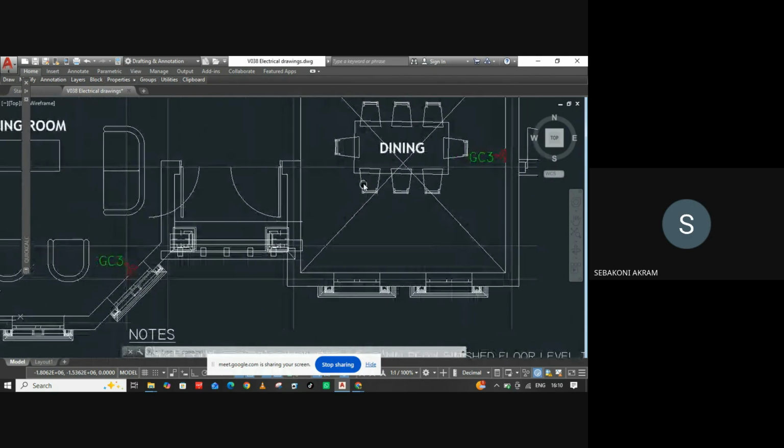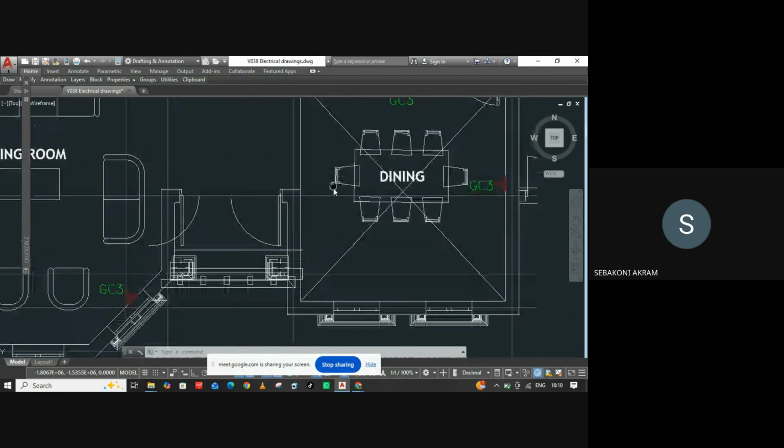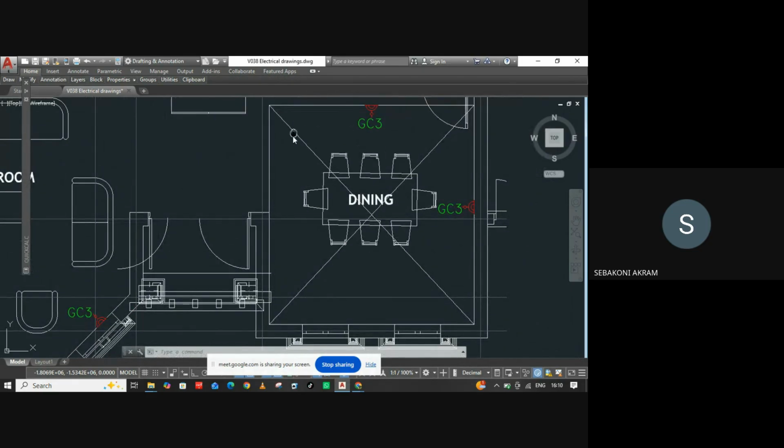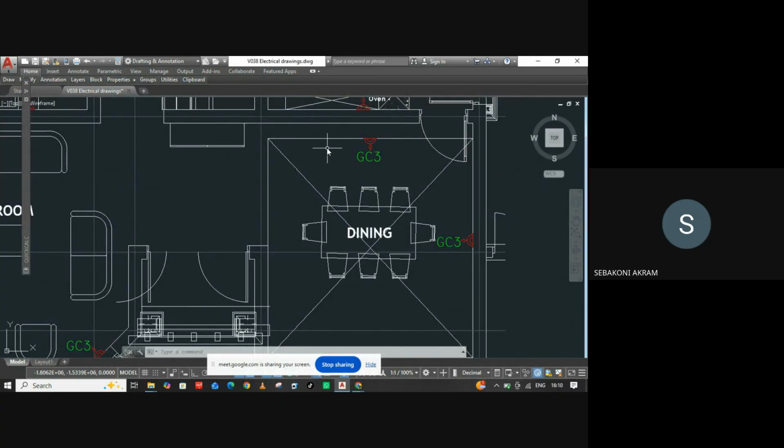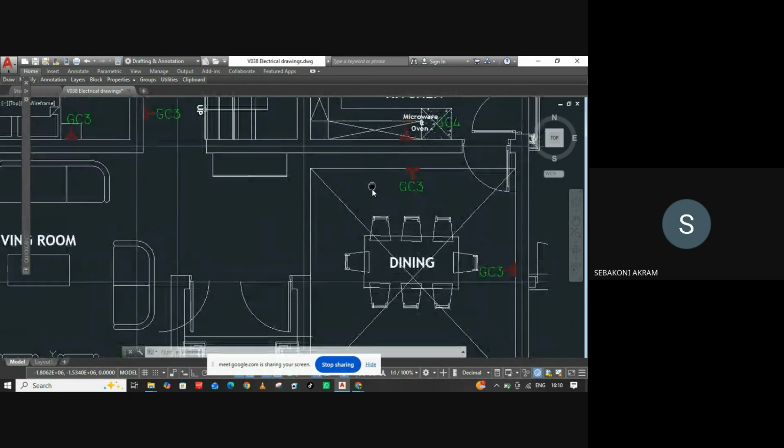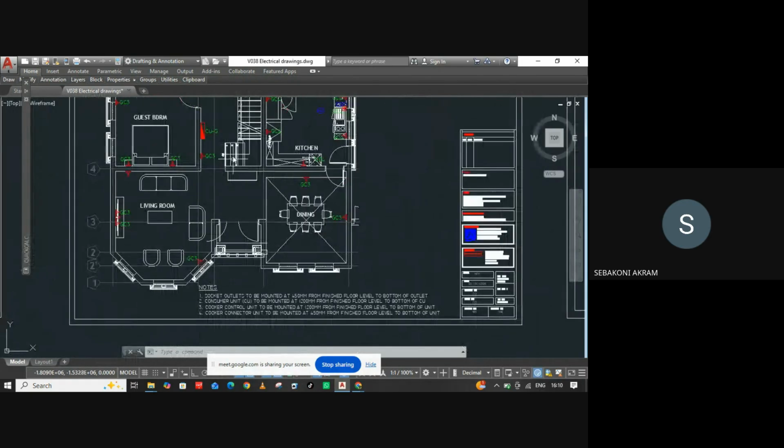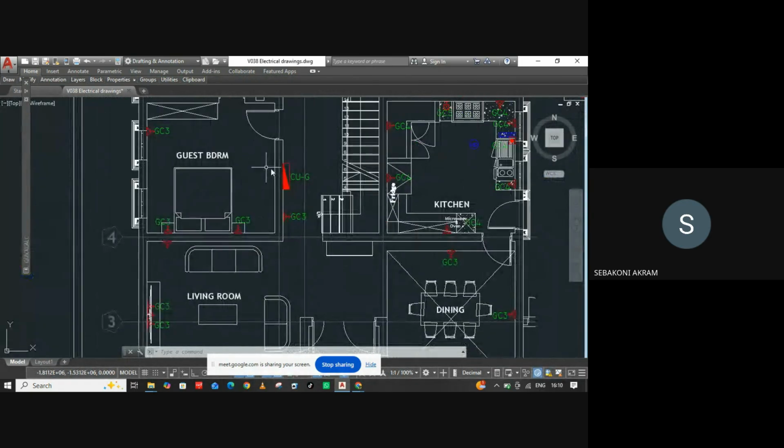So you have to be really flexible. You send the first draft of your drawing to the architect. The architect may tell you, I already added some sockets here, or remove this one. So we have our